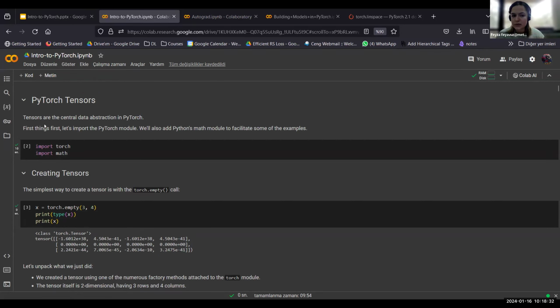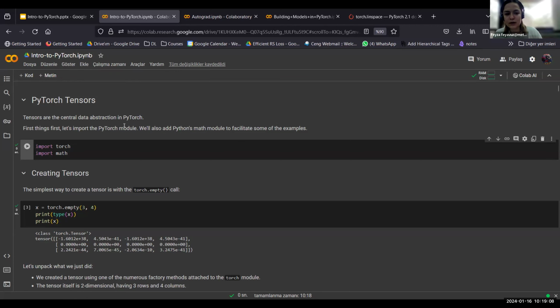And please keep in mind that you can use these IPython notebooks. This is called an IPython notebook in Google Colab. You can use these IPython notebooks using Slurm on our servers. And now we will